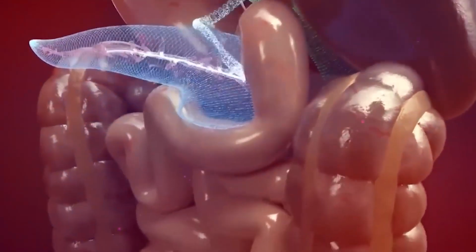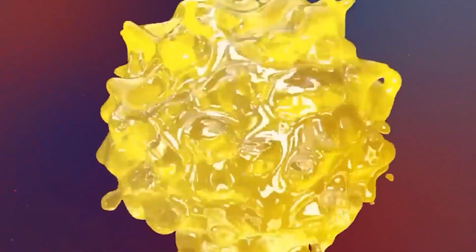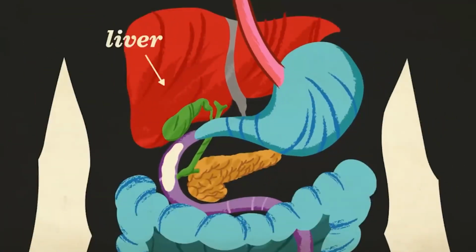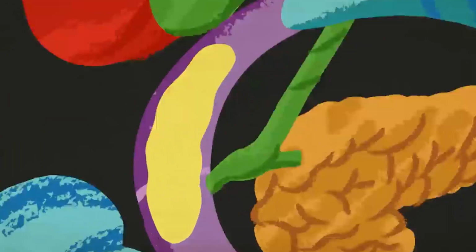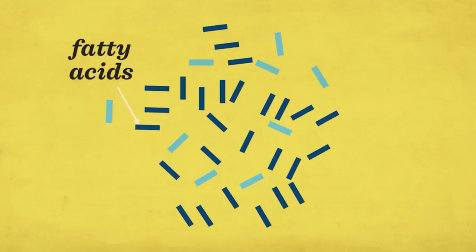Starch starts from the mouth, protein in the stomach, and it is in the duodenum that we have the starting of digestion of fat and oil. And it all starts by the release of bile from the gallbladder, that bag that is associated with the liver. It contains a greenish alkaline fluid called bile, and it is released through the bile duct into the duodenum. When it gets there, it emulsifies fats and makes it ready for proper digestion. Apart from the fact that bile emulsifies fats, it also neutralizes the acidic action of hydrochloric acid in the food that was coming from the stomach.